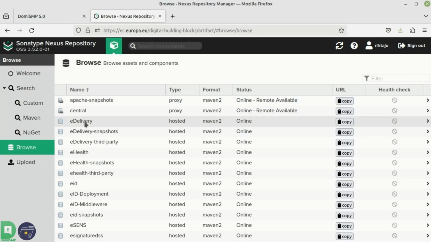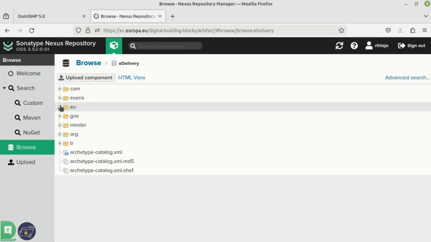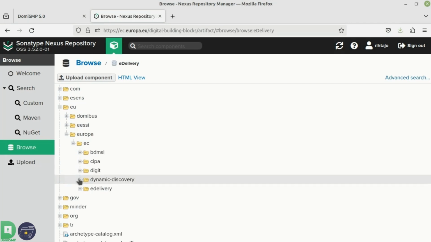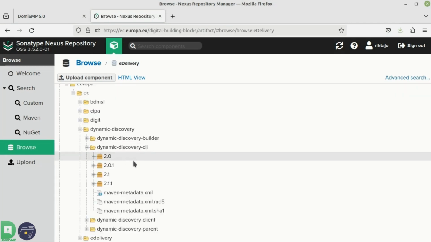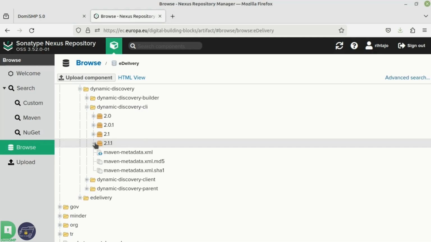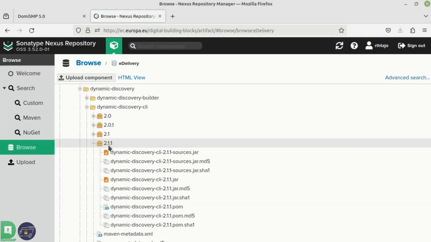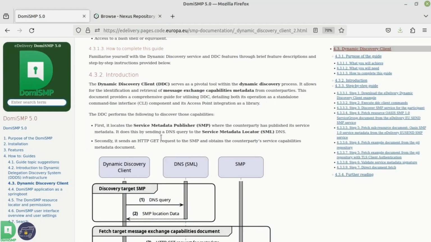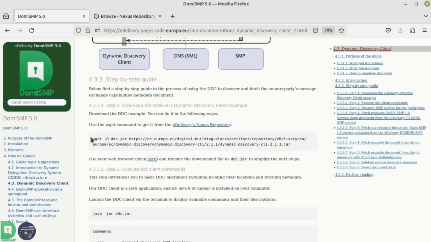You can find it under the eDelivery repository, eu, europa, Dynamic Discovery Client, and we should download the artifact with the Dynamic Discovery Client CLI, which is for the Command Line Interface software, and we will be using version 2.1.1. We can download the artifact using the browser, but I have also prepared a command in this script using wget, which I'm going to use now.